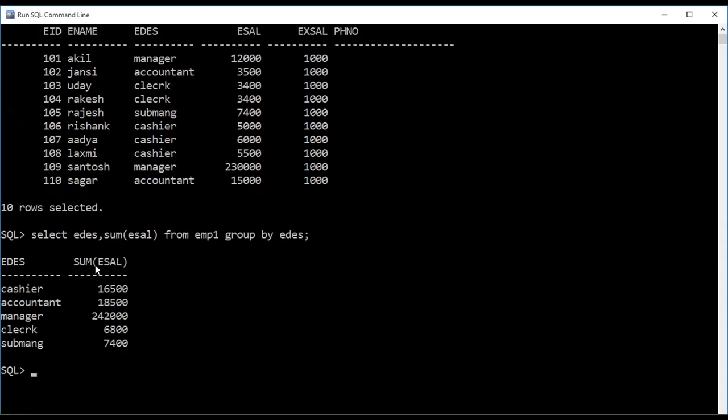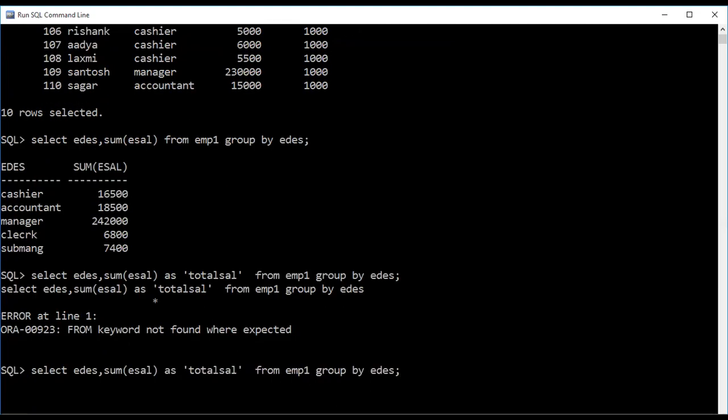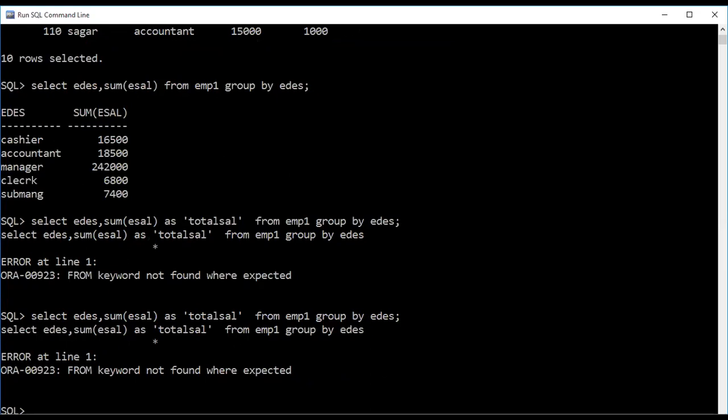Instead of getting SUM(e_sal), I want to display it as an overall salary, like total salary. So how are we writing it? SUM(e_sal) AS 'total salary'. It is not working. Maybe it is not there in this version.